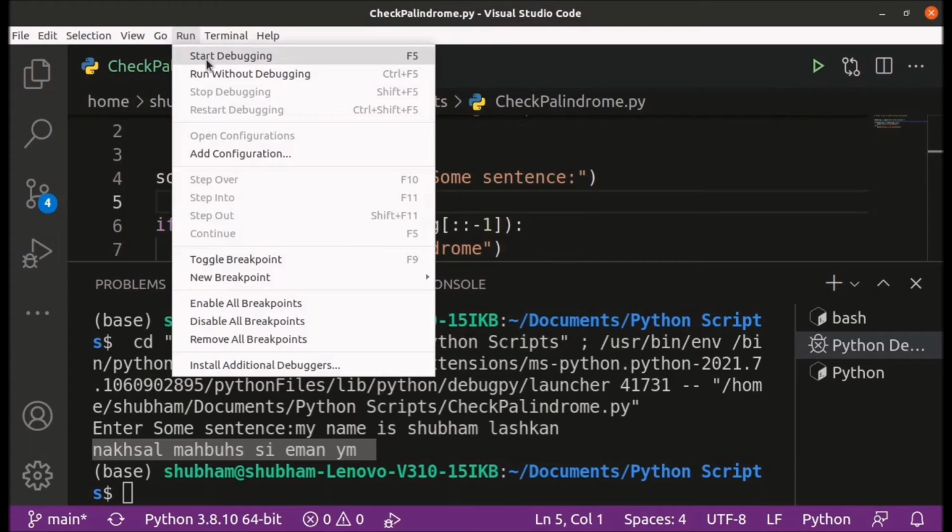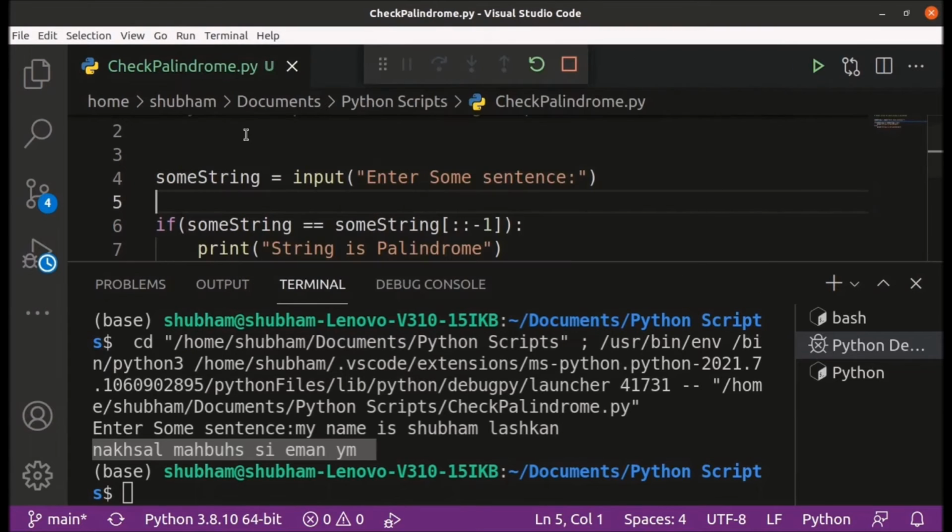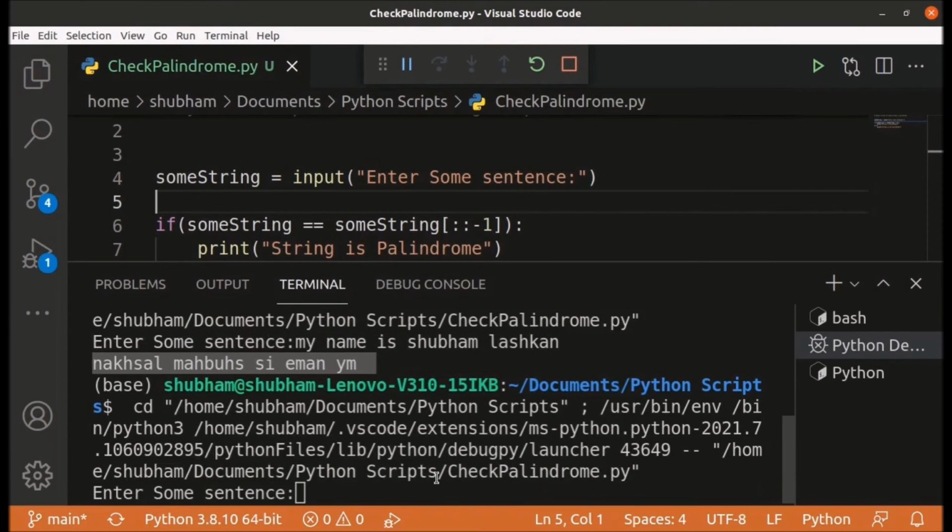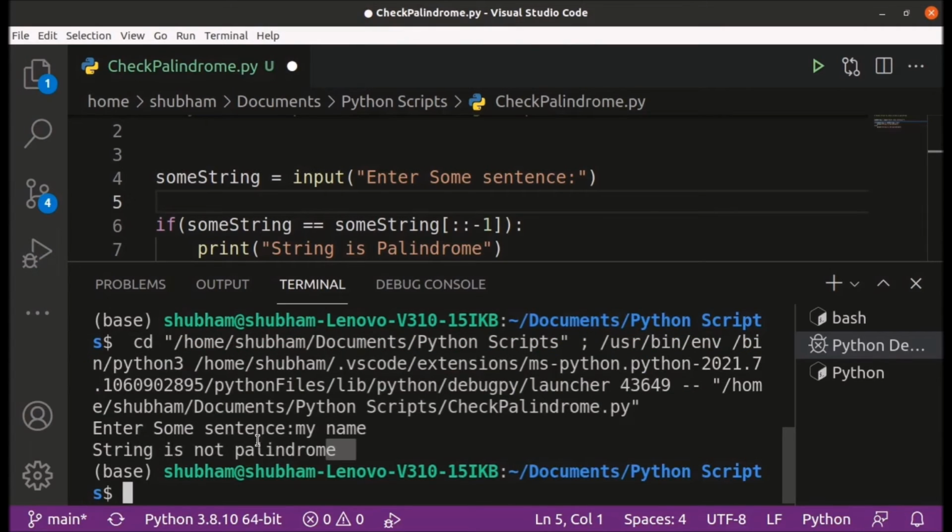So let's start debugging the Python file. It's asking me for entering some sentence. So I will write my name. My name, its reverse is not equal to my name, so it will say string is not palindrome. Yeah, string is not palindrome.